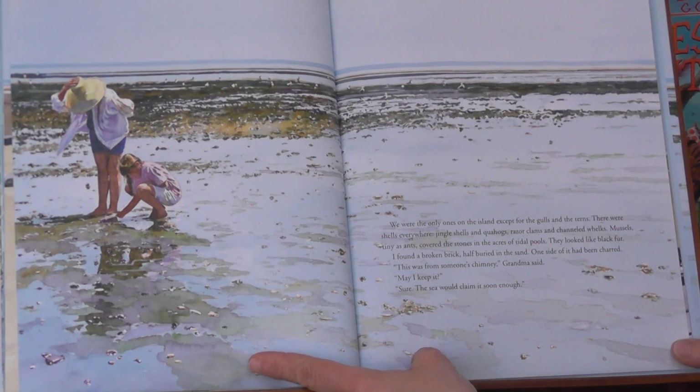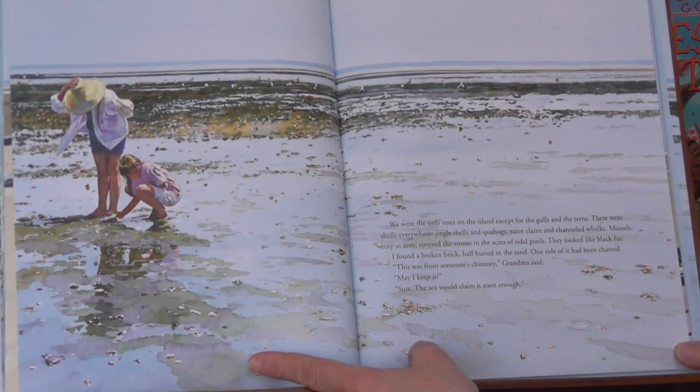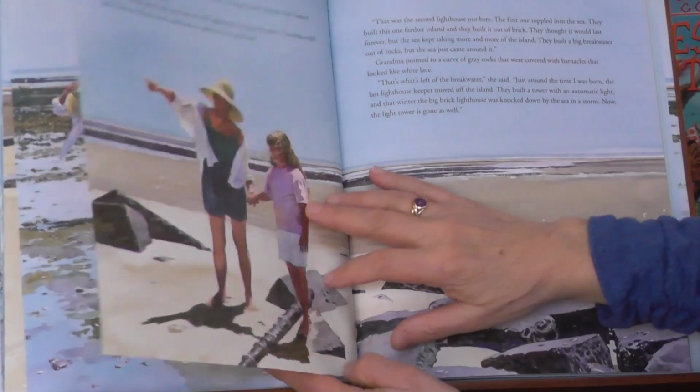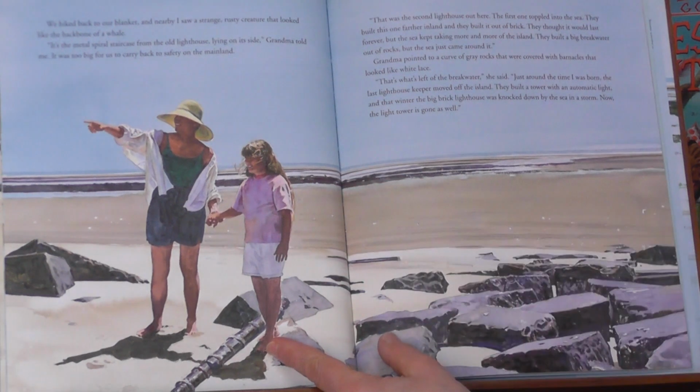I found a broken brick half buried in the sand. One side of it had been charred. This was from someone's chimney, Grandma said. "May I keep it?" "Sure." The sea would claim it soon enough. We hiked back to our blanket